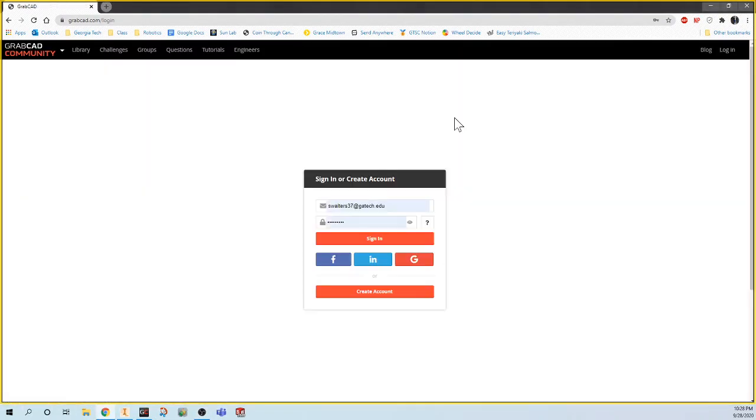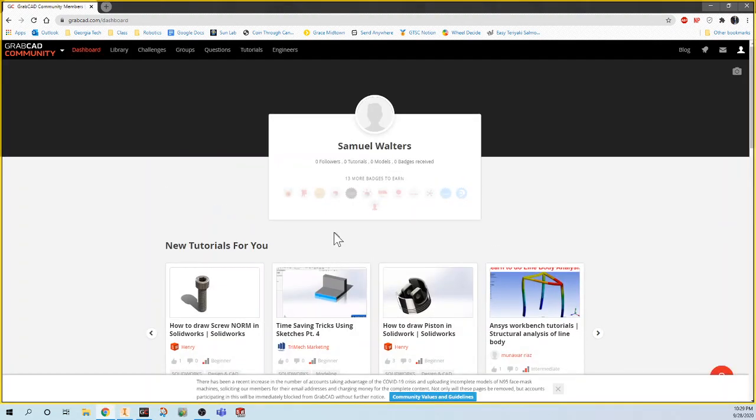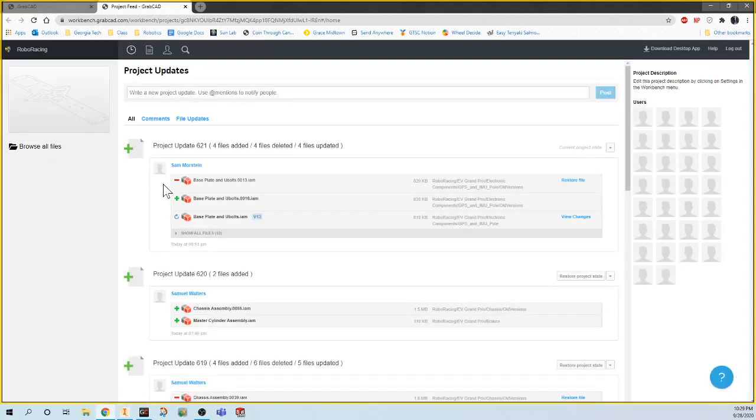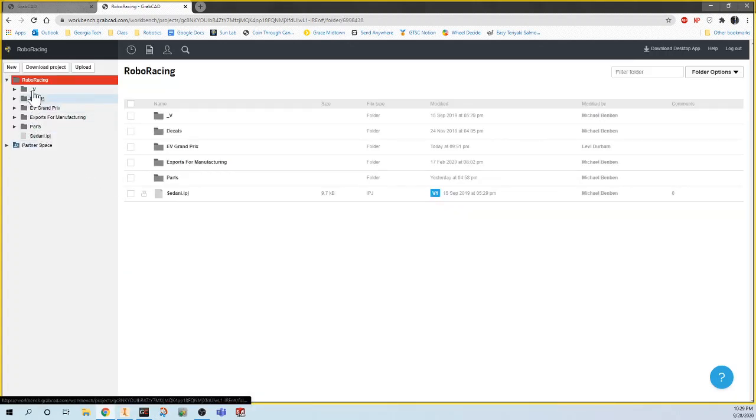And you're going to go ahead and log in with your GrabCAD email. And you're going to want to go up to the top left tab drop down here, and you'll go to Workbench. From here, you'll see the main projects that you've got. So for me, it's Robo Racing, and you can go ahead and open that up. And these will be all of the recent updates. However, we're going to go to Browse All Files, and now we can see all the different files that would